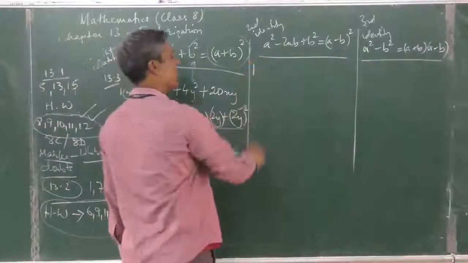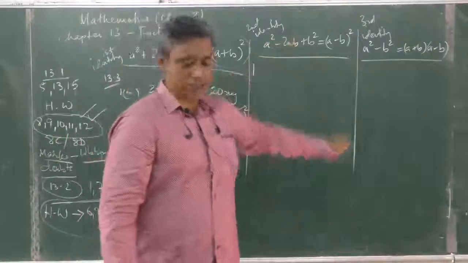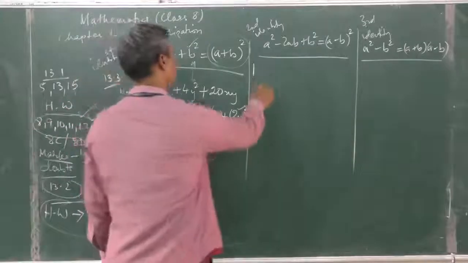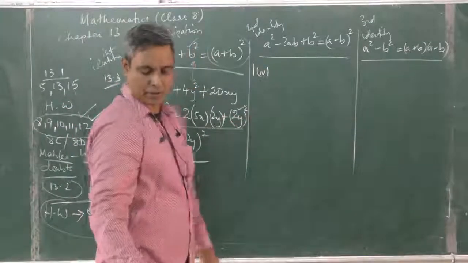Now let us look at one more question using the second identity, which is 1 part 4. Question 1 part 4 says 1